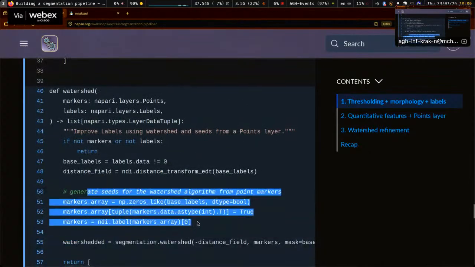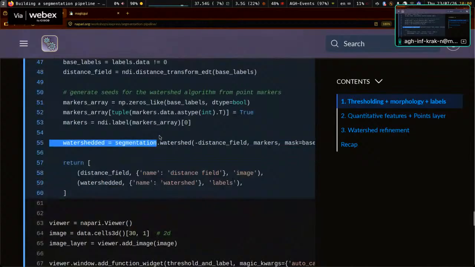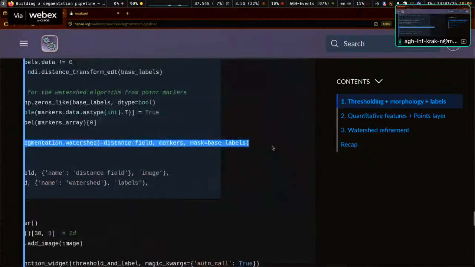The next step is we take the markers that we passed as an input, and from that we need to do some processing in order to generate the markers, which are the seed points for this watershed that I was talking about. We cannot just pass in coordinates. And the last step is to actually run the watershed algorithm, which takes this distance field, the markers, and the